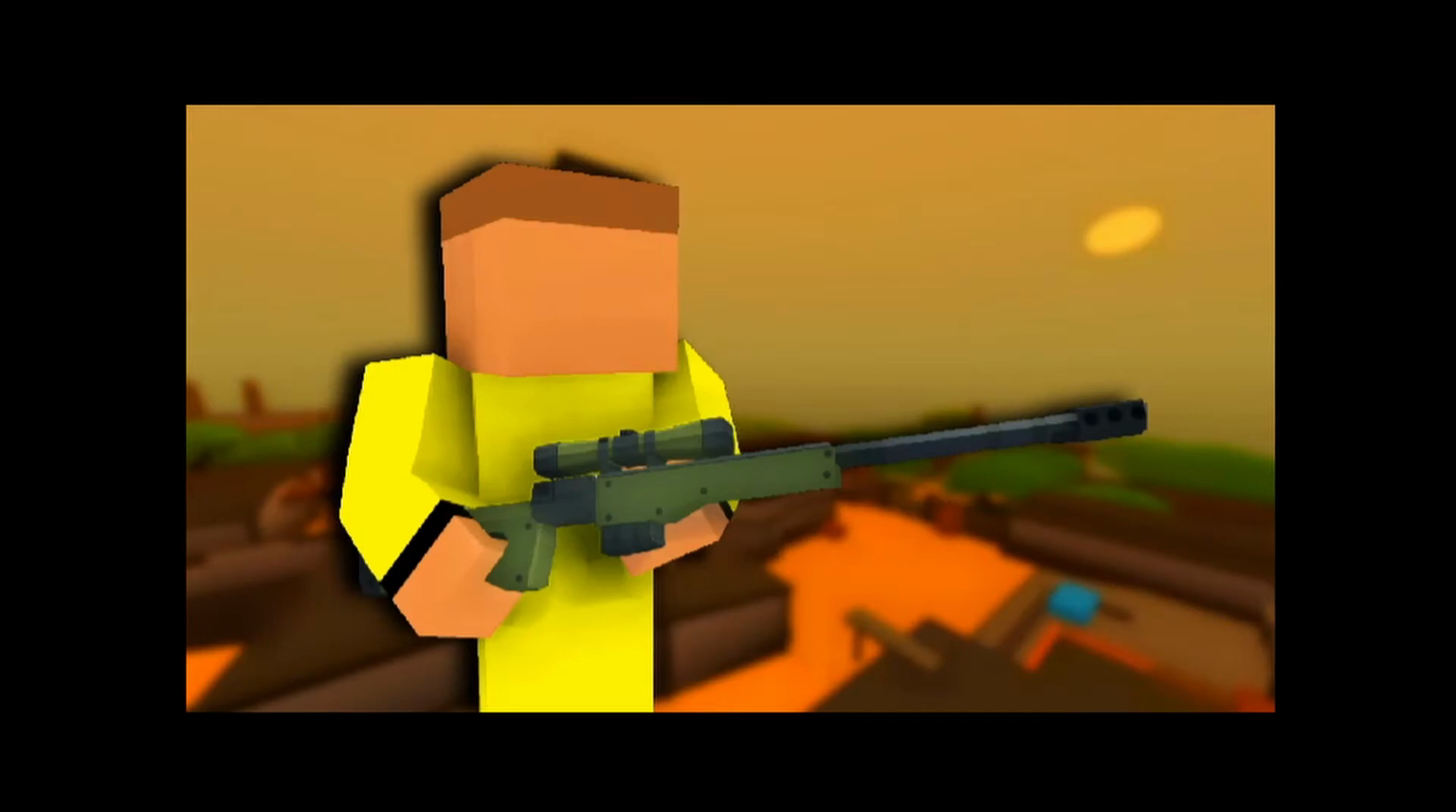Okay, in today's video, I'll be showing you how to create Krunker GFX slash thumbnails like this one and like